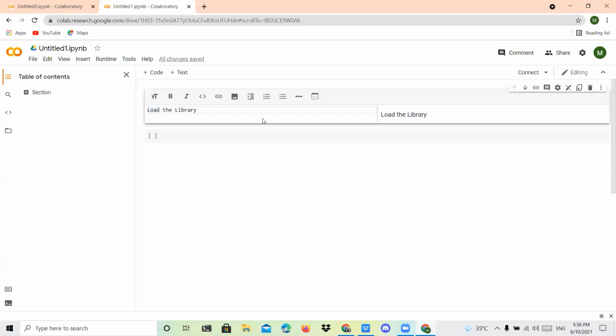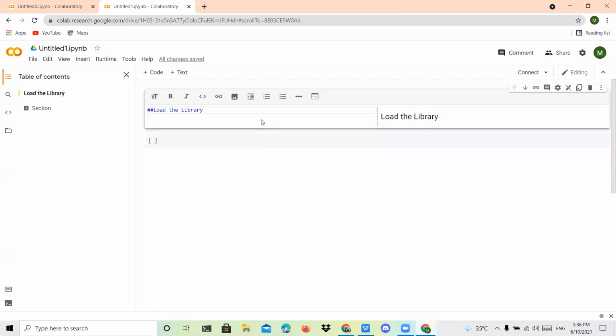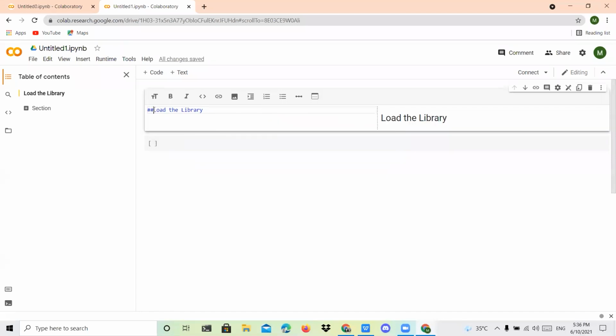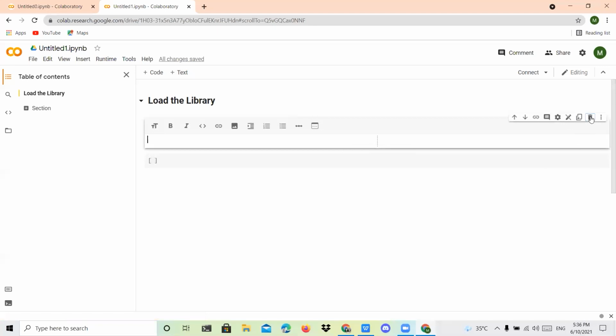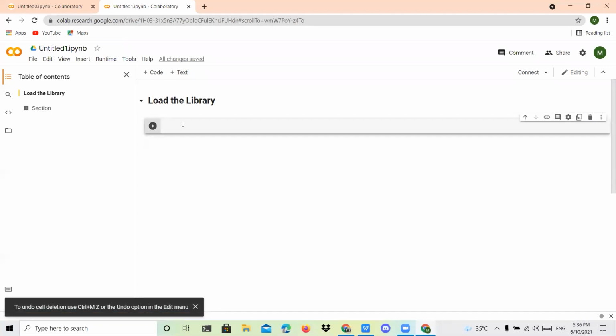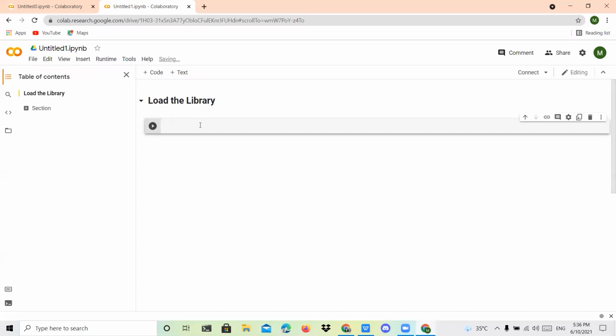I want to enlarge my heading, so you can give it like this. I also want to bold these characters, so now it will be like this. After that, I don't want this text again, I want code. In this menu, in this particular place, you can type whatever command you want.